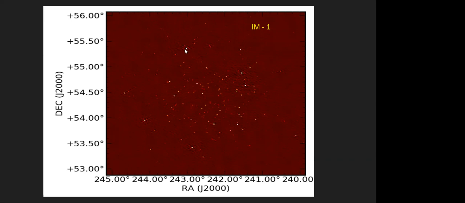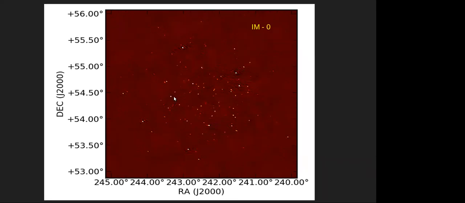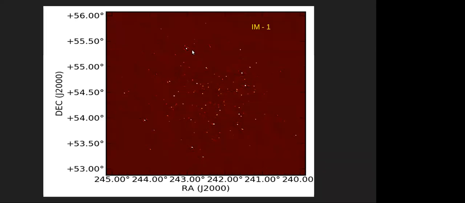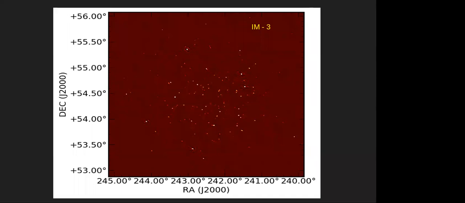You just notice around these bright sources in your field of view, in IM0 there are some artifacts and some starry patterns, but you reduce them to a significant level after a first round of self calibration. So this gives me positive motivation that okay, self cal is working, and let's go and do more and more, generate more and more gain calibration and image and proceed with the self calibration loop. So this is IM3. I skipped some loops in between. So this is the third image.